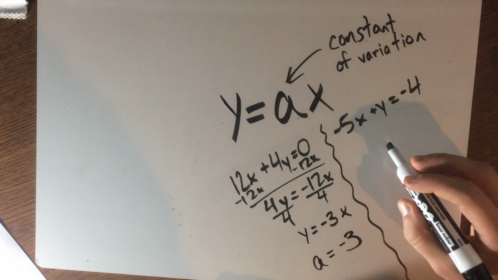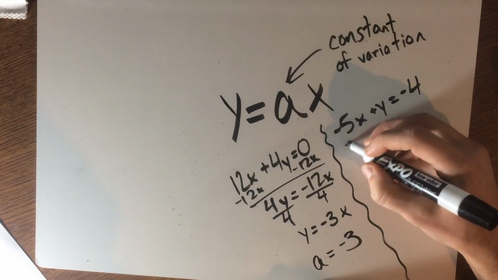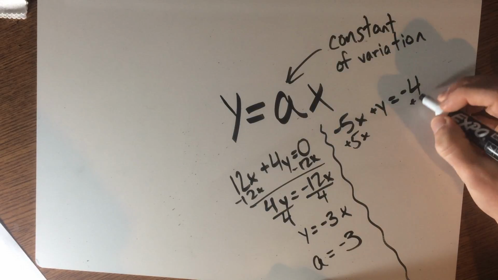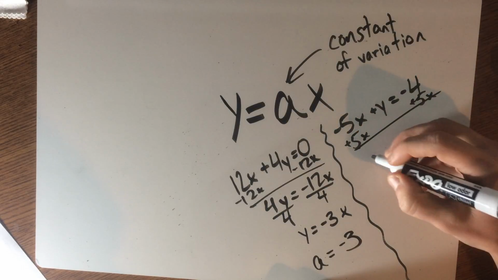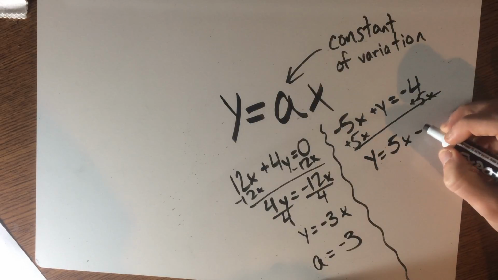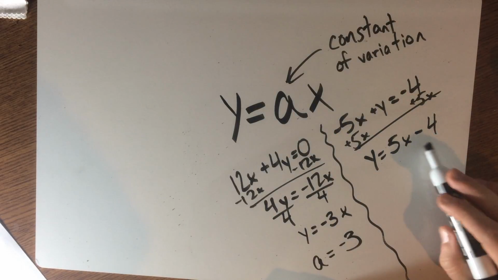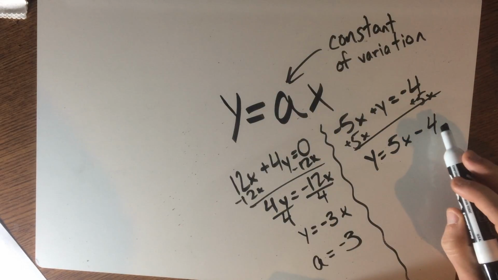All right, let's go ahead and try this one right here. Again, we want to go ahead and isolate y. All we have to do is add 5x. Therefore, our equation looks like this. Now notice, this does have a y-intercept, okay? This does have a value here. So therefore,